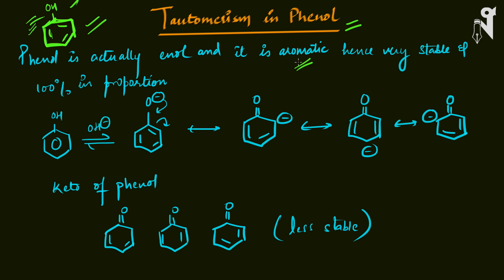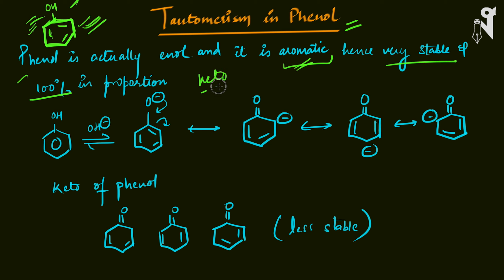We have also learned in GOC that aromaticity comes first in the order of stability. If you have to look at any electronic effect, if a compound is aromatic, that is basically the key thing. Aromaticity overrides all other electronic effects. If there is aromaticity in the molecule, that molecule is going to be the most stable one. Because in the enol form, the benzene forms, which is an aromatic compound, it is very, very stable, and hence phenol exists in 100% proportion, and its keto form does